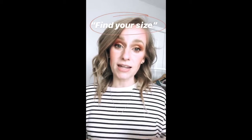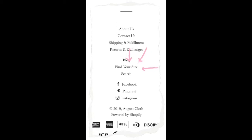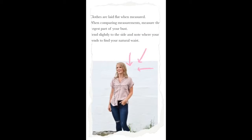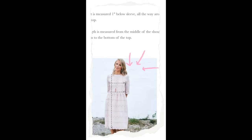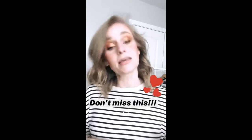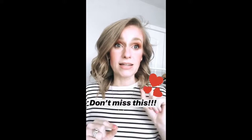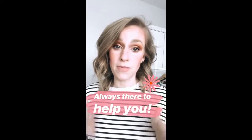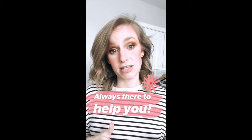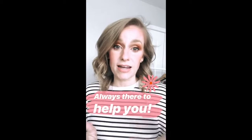On that page I've created visual diagrams along with instructions for how I get the measurements for all of our products. If you have not seen where I include the measurements, look on a product page, and the last image on that product page is a measurement chart. So that's always there. The only products I don't do those for are our jeans, because so far we've only stocked jeans that are like a 125, 326, and in that case it's telling